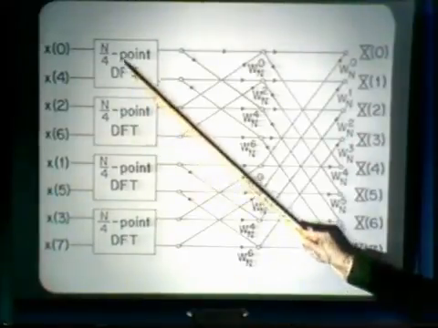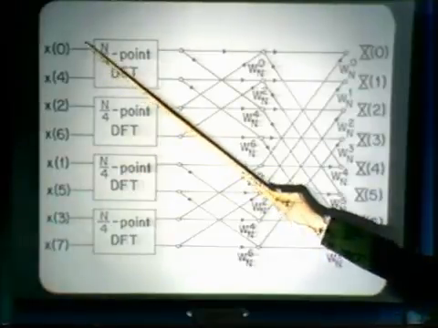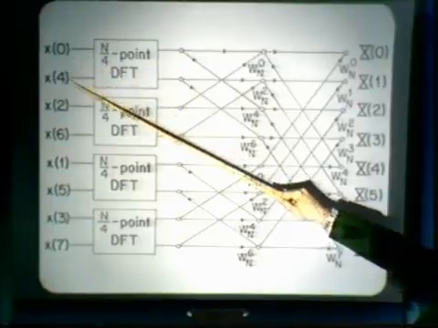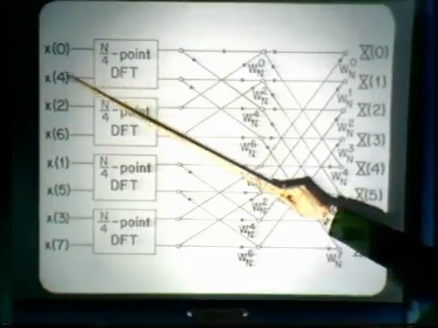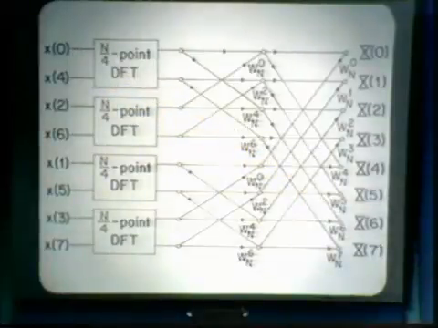So just inserting the computation for these 2-point DFTs, which involves adding x of 4 to x of 0, multiplying x of 4 by w sub n to the 4, and adding it to x of 0,